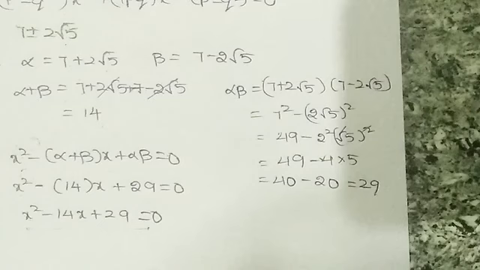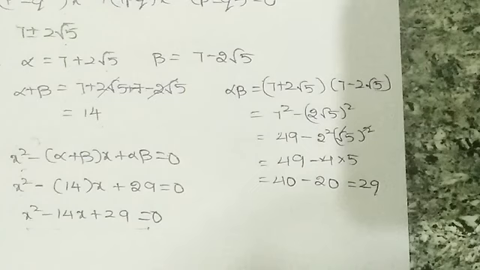And the third one is x square minus 12x plus 32 is equal to 0, where a is equal to 1, b is equal to minus 12, c is equal to 32. First of all we have to find the discriminant, that is b square minus 4ac. So I have got 16. We know that 16 is a perfect square because it can be written as 4 square. So we know that if the discriminant is greater than 0, here it is greater than 0 and it is also a perfect square. So if it is a perfect square, then it is rational and distinct roots.